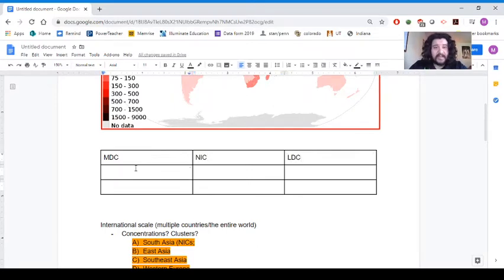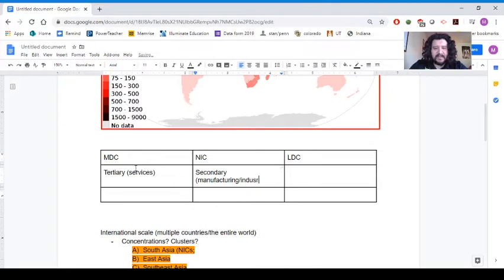I know I can talk about my sectors of the economy because that could affect jobs and education and things like that. So here I'm in that tertiary sector, where we're concerned with services. My newly industrialized countries, in that secondary sector, where I'm concerned with manufacturing and industry. And my less developed countries, where I'm focused on the primary sector, raw material sourcing,